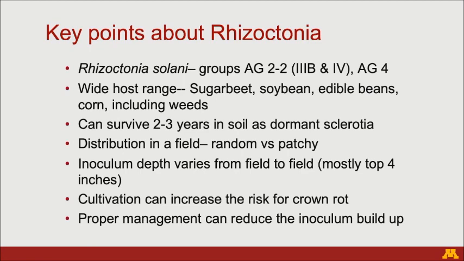These are the major ones that we are dealing with in sugar beets, but for you guys, it's 2-2, 3B because it likes to grow at a little bit warmer temperatures, compared to us up in Crookston, it's 2-2, 4. And then, like I said, the sclerotia, the dormant structures, can survive in the soil for 2 to 3 years, right? So if you grow sugar beets and come back in year 4, you can still expect some rhizoctonia